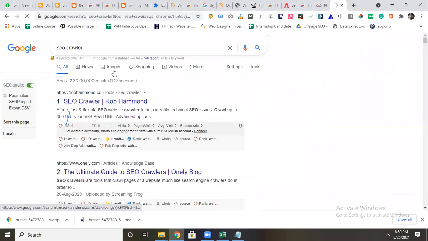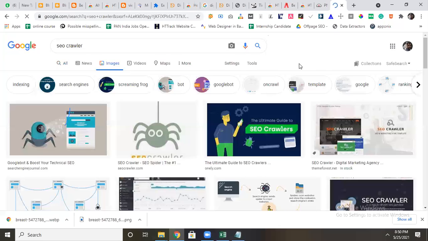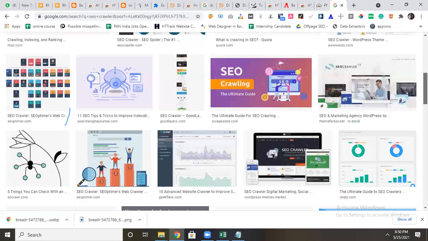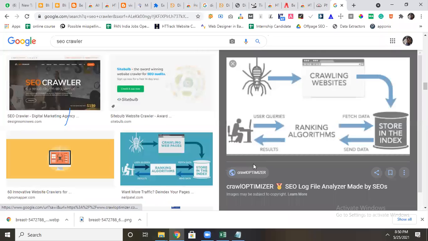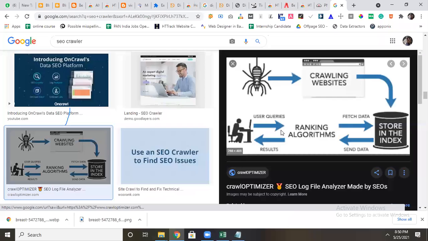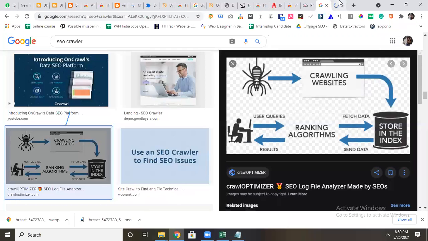I will show it practically in the session here. Just one second. Here you can see an example of how the search engine works.